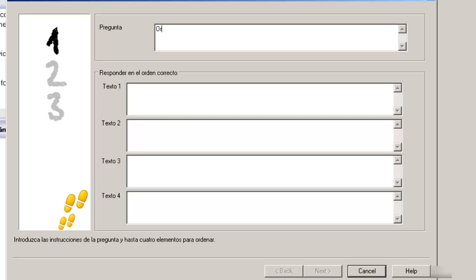The question is, order the planets after watching the image. Okay, and I'm going to put an image where is the solar system, and with the planets,